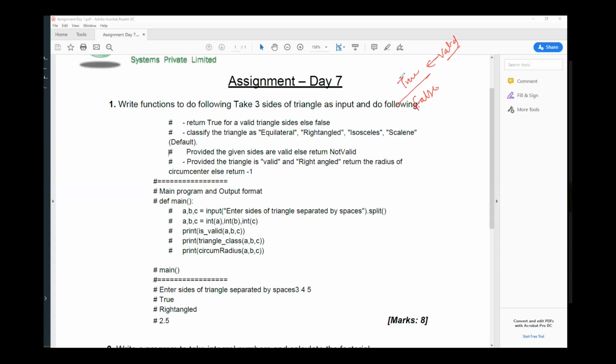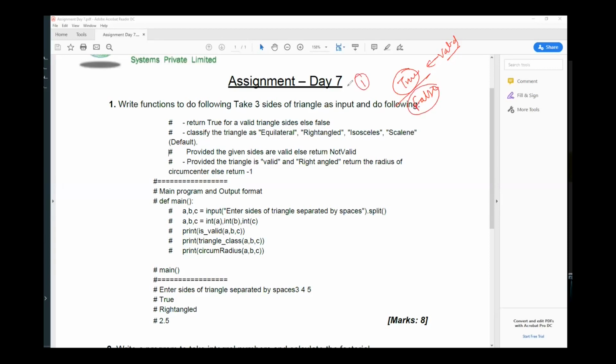You can check for that property, either one of them: the sum of two sides of a triangle is greater than the third side, or the difference of two sides of a triangle is less than the third side. If that is true, then your triangle is valid. So you will return true for that. If the triangle is valid, you will return true, else you will return false. That is problem number one.